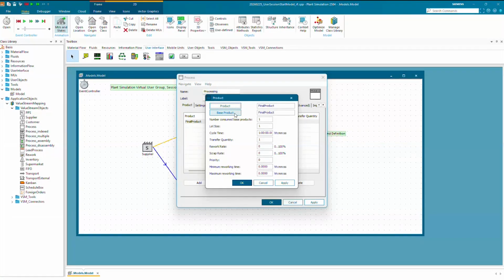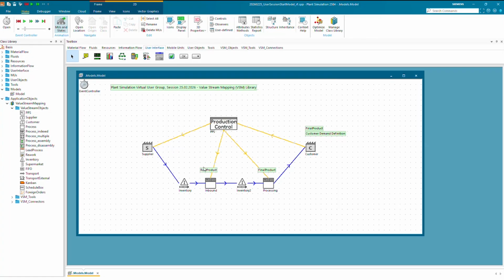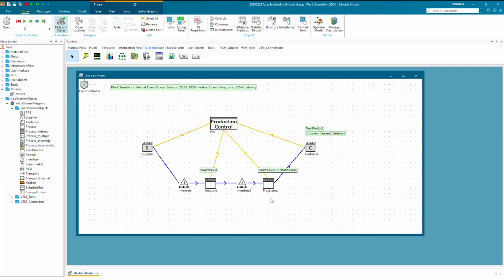So product coming in, transitioning to another product with a certain number of consumed products, but this is now the product before, so we would have a product in transition. So to have this defined there, we would have here basically a transition from raw product to final product, something like this, in the quantity of 1. And with that, we are almost finished.